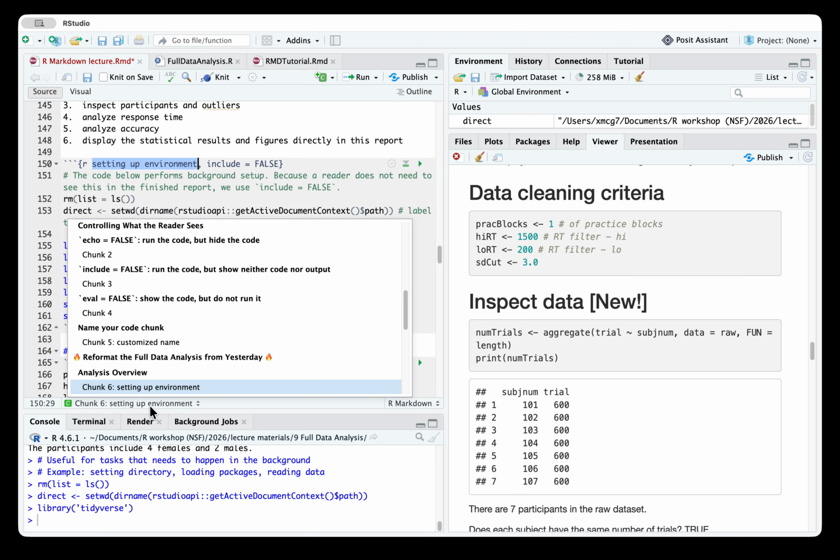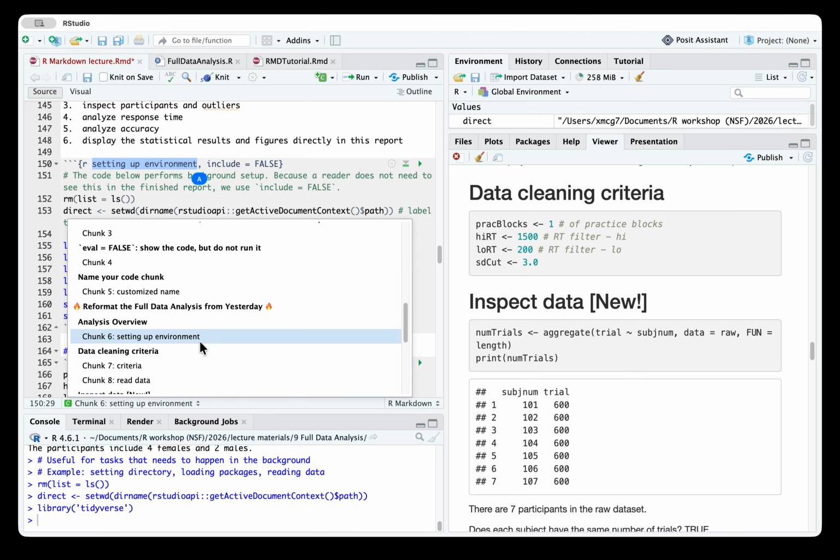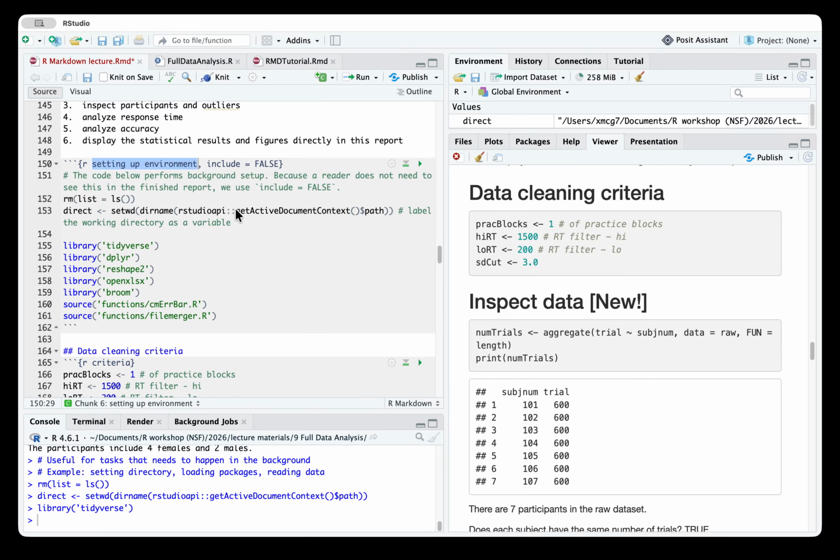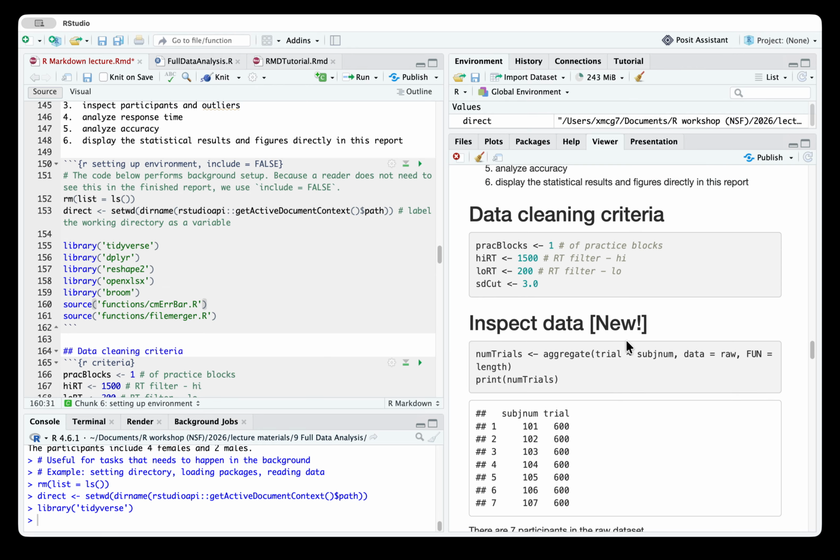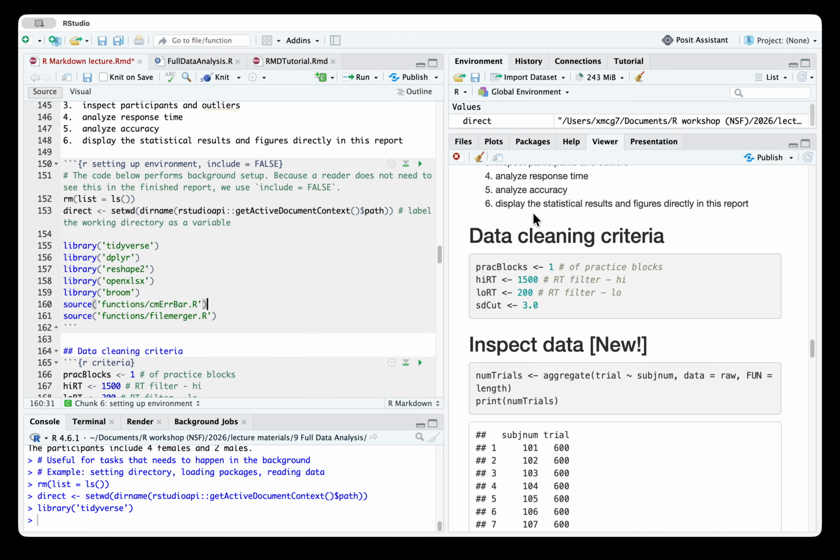And you can see that I named it "setting up environment", to make it easier to find in this whole pipeline. And because this code is neither necessary to show to our collaborators, nor will it produce any meaningful output, I just use include equals false to prevent it from being shown in the final output. So you can see this background task, which would be presented here if it appeared, is not shown in